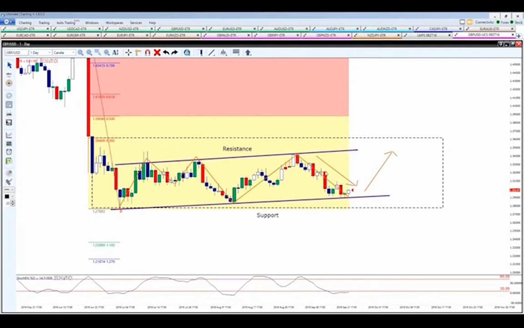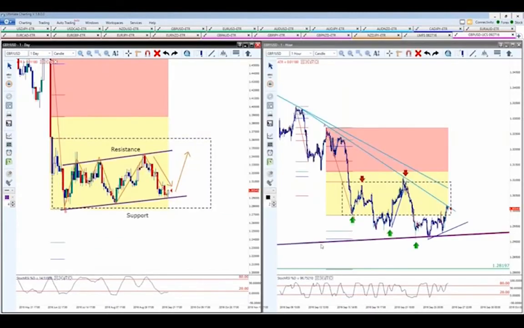So very simply, I was looking for the market to come down to this level right here. Now here's the neat thing about this. To kind of go over some more details here about our charting platform. If you want to, I can simply click on this and hit link object, and I can actually link this level of support onto my lower time frame. So if you see what I did right here, I linked it onto my 1-hour time frame. So right here is where I was looking to get into the trade.